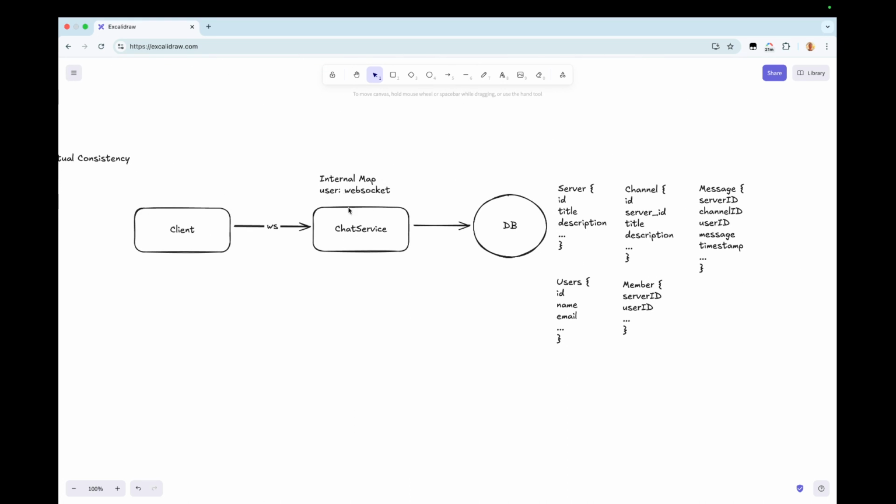And so what we can do is look up all of the members associated with this particular channel, or we can just cache this in memory as well, the users that are joined or not joined to a particular channel, because we're still working on a single instance of chat service. So we basically know already which users are subscribed on which particular server. So we look up all of the users that are on a particular server and we say, let's deliver this message immediately using WebSockets to all of those other users.